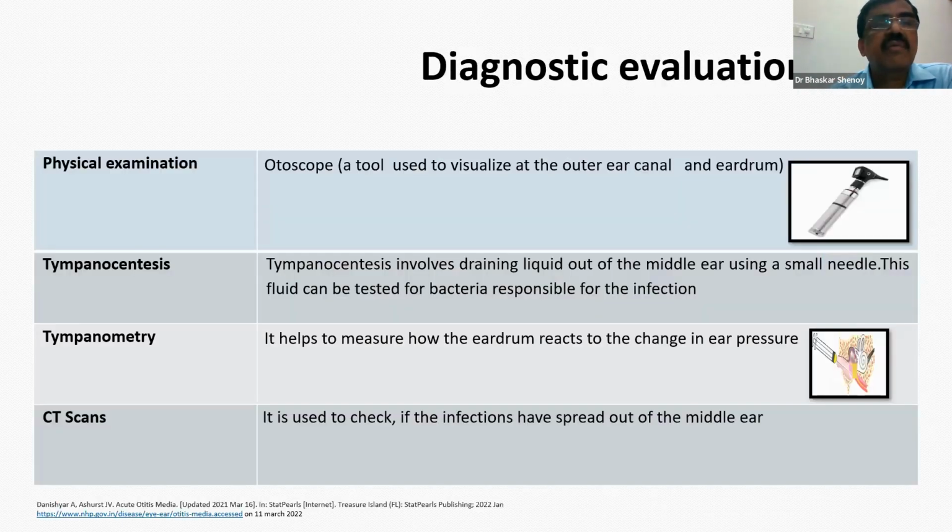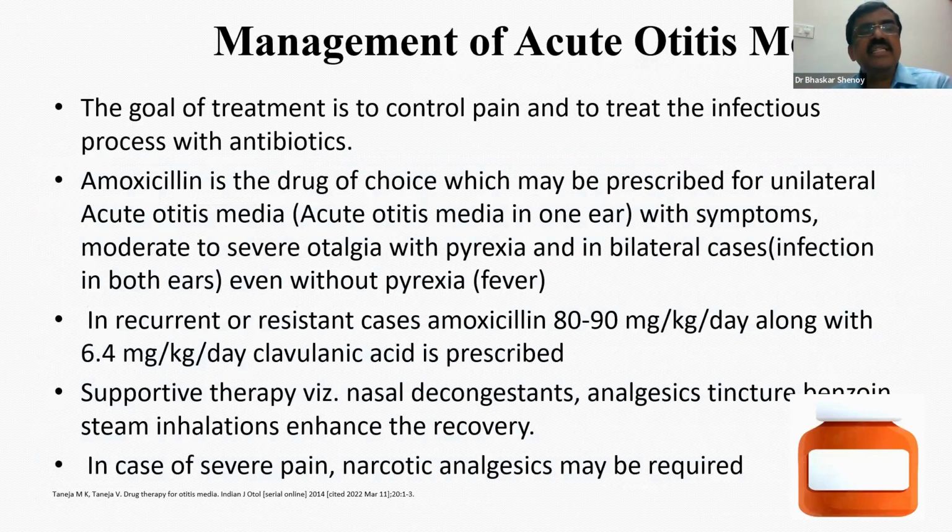We have to do an otoscopic examination, which is very important, so all clinicians, especially pediatricians, should keep an otoscope in the clinic. Tympanocentesis, to get a microbiological diagnosis, may not be very practical in routine practice. For management, you immediately reduce the pain with some painkillers, but the most important thing is antibiotics. In a routine case, you may give amoxicillin or amoxiclav, but in recurrent or resistant cases,